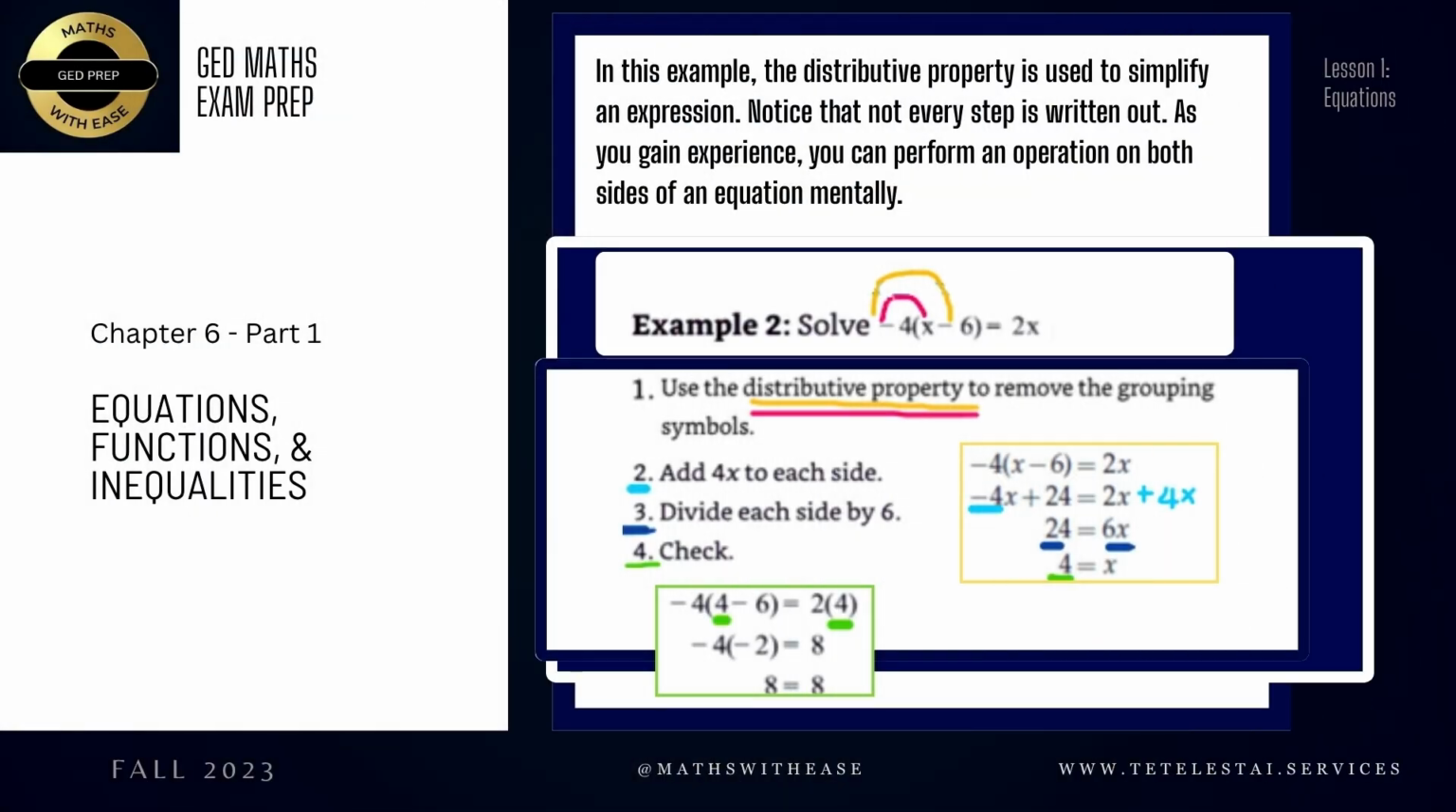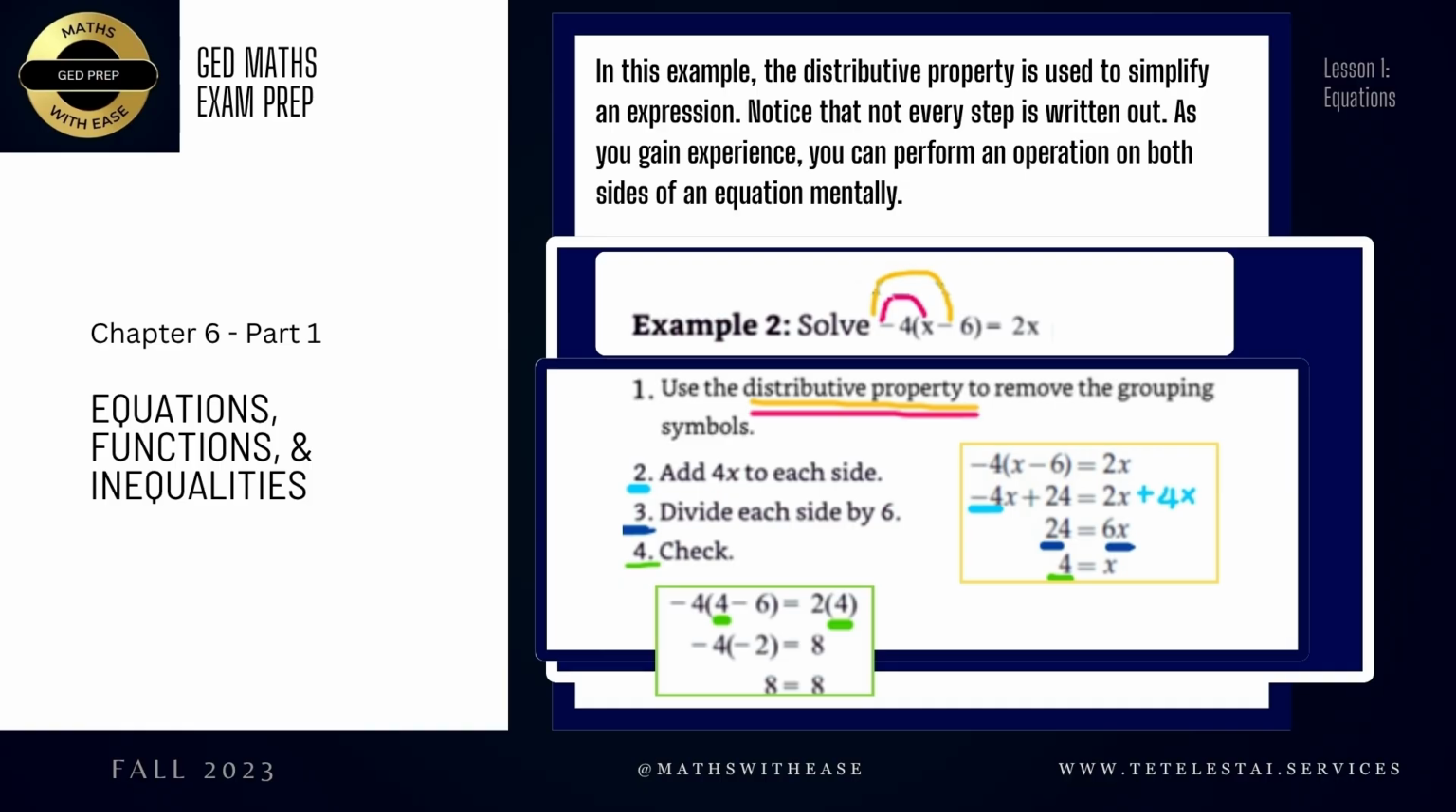In this example, distributive property is used to simplify an expression. Notice that not every step is written out. So as you gain experience or confidence working on these, you can perform an operation on both sides of an equation in your mind. Okay, so example 2 asks us to solve -4, open parentheses, x minus 6, close parentheses, equals 2x. And so you want to use the distributive property to remove the grouping symbols, or to remove the